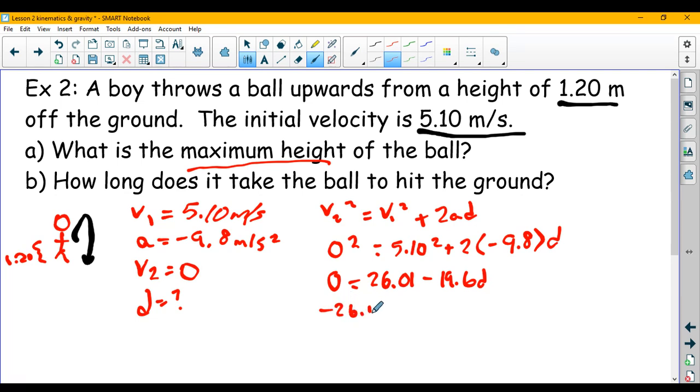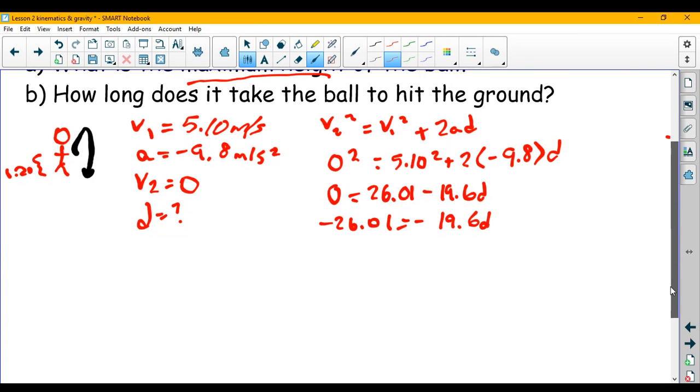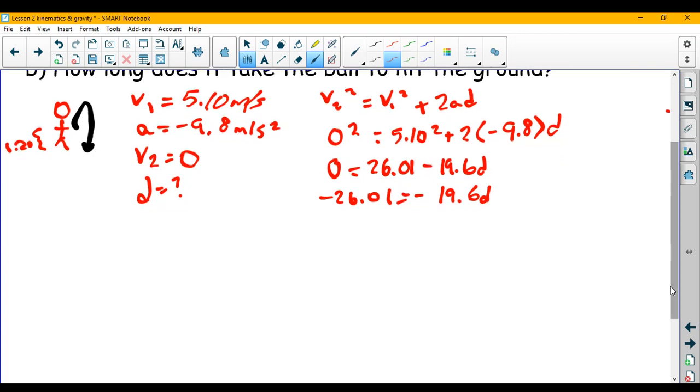Remember, you don't have to write these down. This is just for those that are watching the video to understand the math in case they need it. And then this is multiply. When I move it over, it'll divide. A negative divided by a negative gives me a positive, which is really useful because it should be positive, right? It goes a positive distance because it's moving away from the hand, the starting point. So I'm just going to divide, and I find it goes